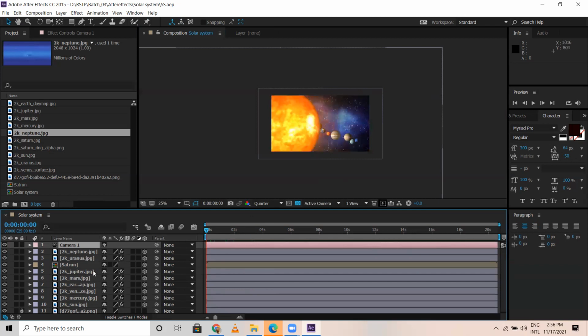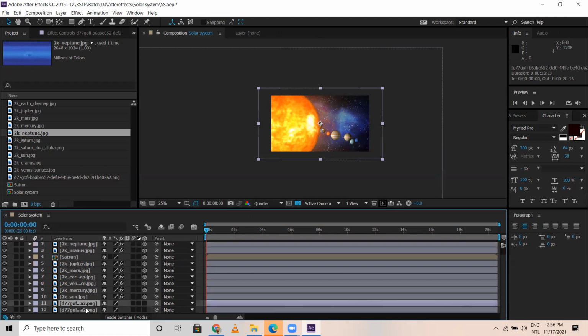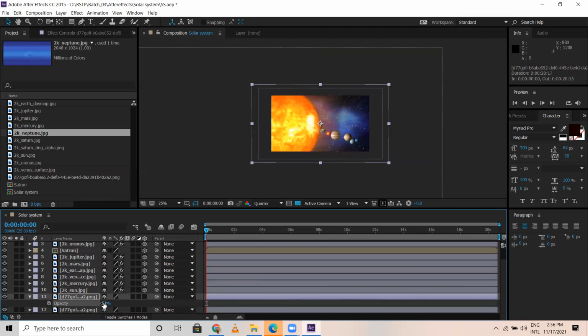The universe, I want to look at it a bit better. So this is a universe image which I have locked. I'm gonna duplicate this one more. Okay. The universe. I'm gonna scale it a bit. Okay. Then I'll add a bit of transparency for this. Then what I do,